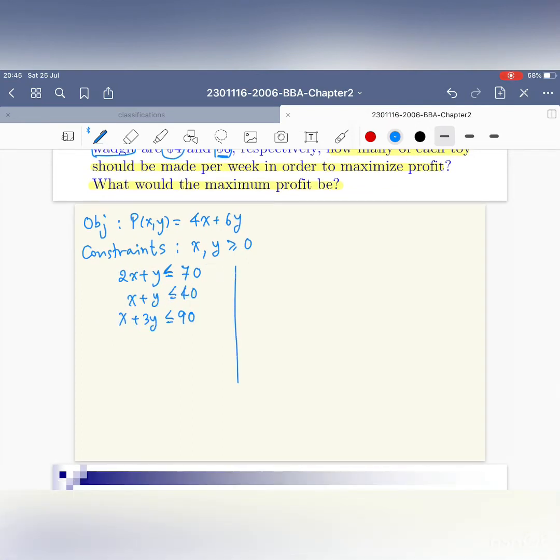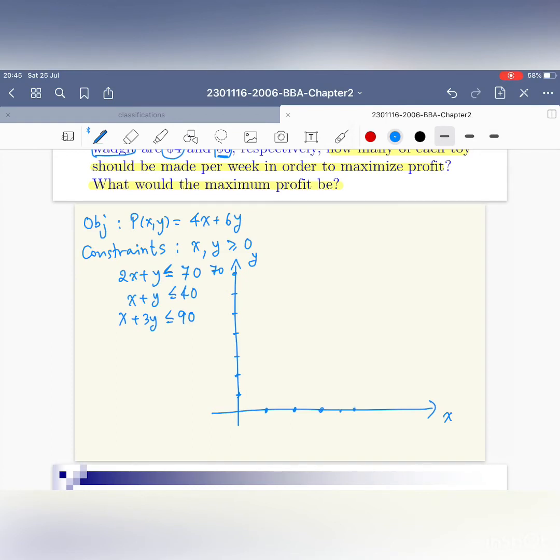Let us sketch the feasible region by starting with the x and the y axis. Okay, so let's look at your first inequality. If your x is 0, your y is 70. So let me just count 2, 3, 4, 5, 6, 7. Okay, so here's 70. All right, and then if your y is 0, your x is 70 over 2, which is 35. So let me do 1, 2, 3, 4,